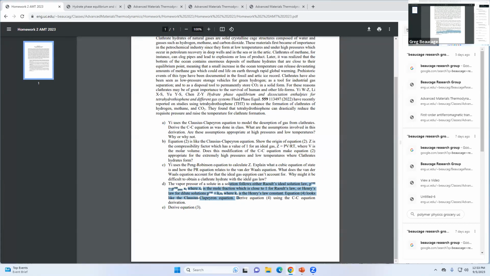Isn't it interesting that you can get the same equation in 4 different ways? You can frame the problem in 4 different contexts and end up with the same answer. That was interesting because